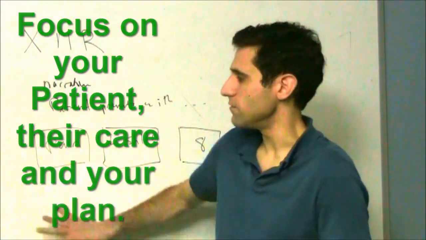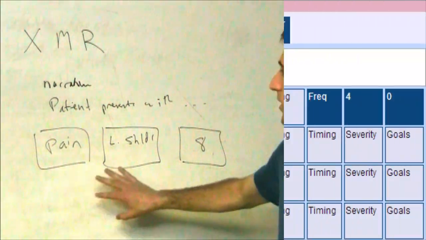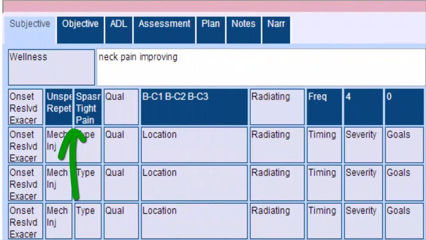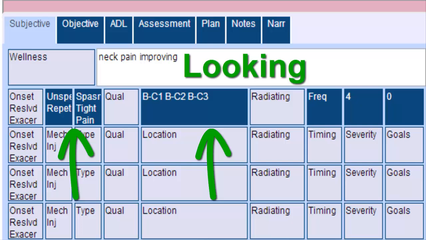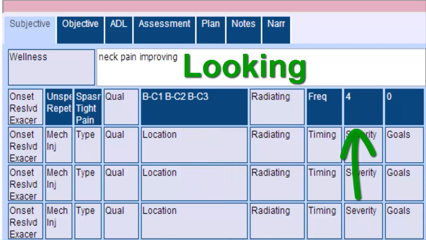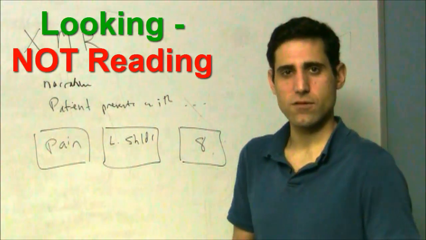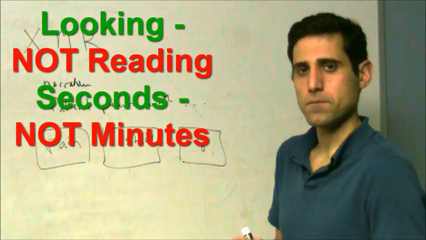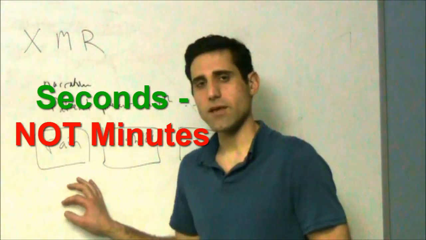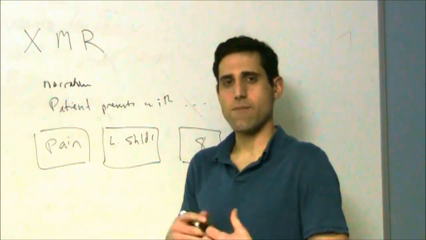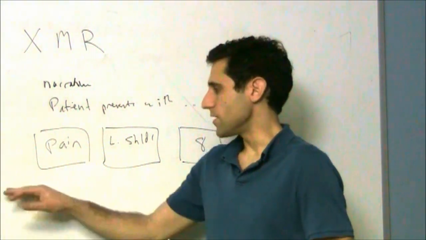So half of the advantage of XMR is the ability to comprehend the previous note as quickly as possible by looking at the signs of the note, or the labels, instead of reading through consciously an entire paragraph of narrative from the previous note. The second part of XMR that makes it really effective for making the next note is that instead of